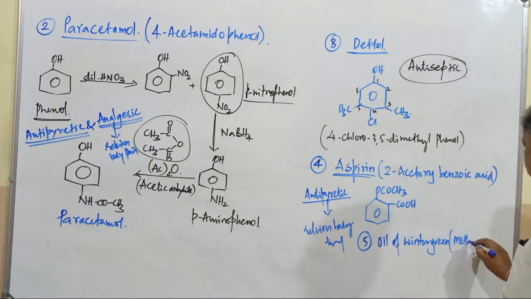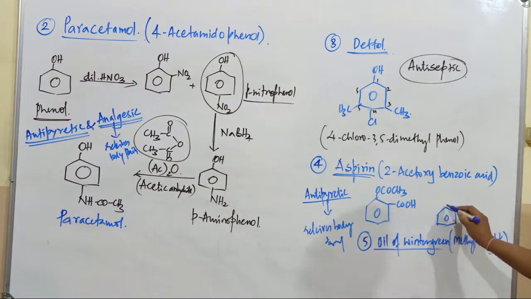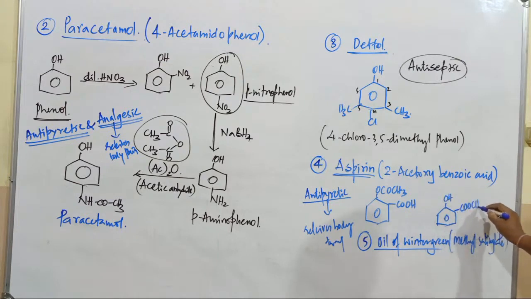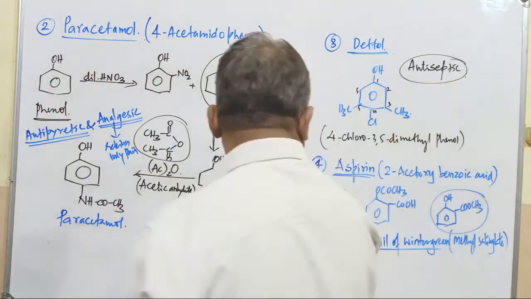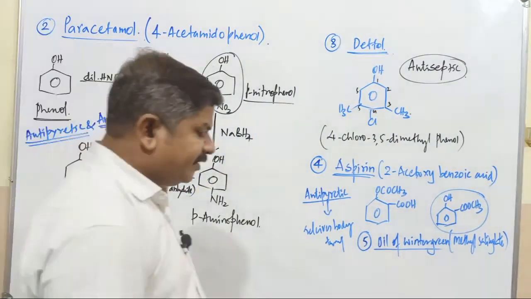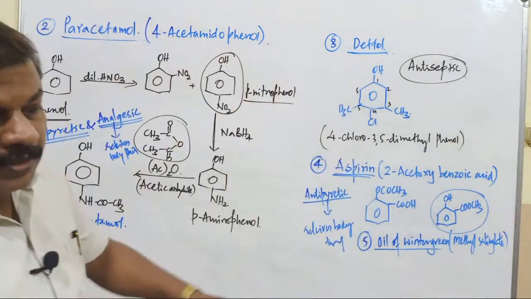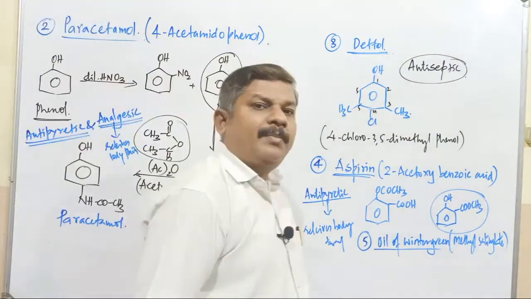Chemically it is known as methyl salicylate compound. Methyl salicylate. During the winter time, it is commonly used as oil of wintergreen. Its structure has OH and COOCH3. This compound is called methyl salicylate, that is oil of wintergreen compound. These are all the components of what? The phenolic products. Okay. This is about the chemical properties of phenols.